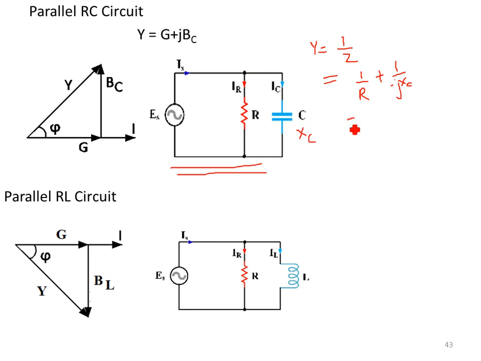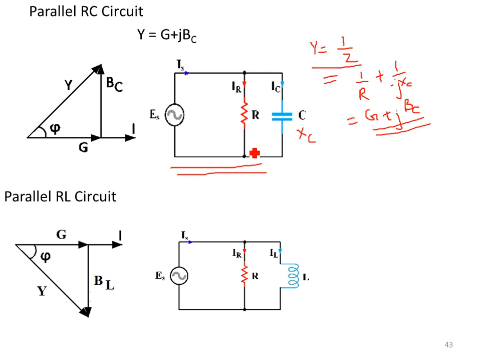Now what is 1/R? 1/R is conductance G. Now what is 1/(-j)? 1/(-j) is equal to plus j. So 1/(-jXC) is plus j into 1/XC. What is 1/XC? 1/XC is BC. So you can write Y = 1/Z, that means taking 1 by the impedance of each branch and summing up, you will get the expression for Y.